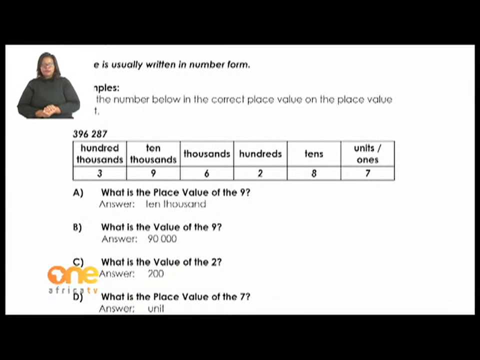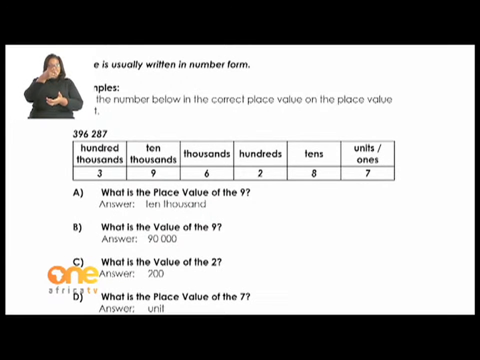So now we know the 7 is a unit, the 8 is a 10, the 2 is 100, the 6 is 1,000, the 9 is 10,000, and the 3 is 100,000. And that is the place value. Now let's look at our questions. What is the place value of the 9? Remember the word place? Place means position. Where in that number is the 9? And if we refer to our place value chart, we see the place value of the 9 is